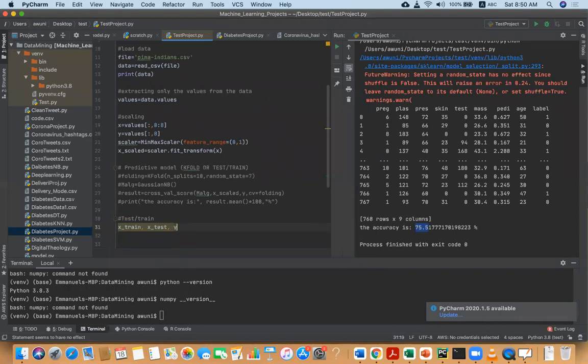So let me make it small y underscore test, comma, Y underscore train. So these are variables we have declared. So in this variable, we use the train test split package. So we call it train,